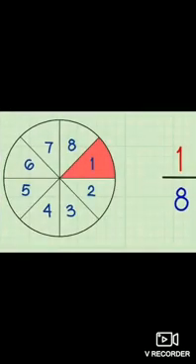We can understand fractions with an example. Let us consider this is a circle and there are 8 parts in this circle. One part is shaded with red color. So we have to write the fraction of the shaded part. The shaded part is 1, so 1 will be written in the numerator, and the total parts are 8, so 8 will be written in the denominator. So the fraction will be 1 by 8.